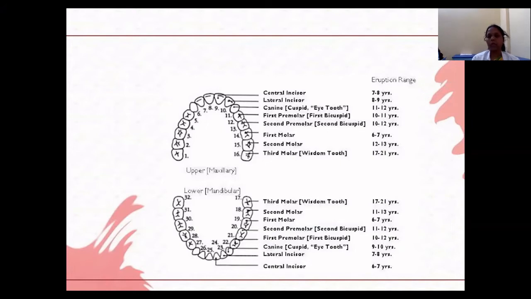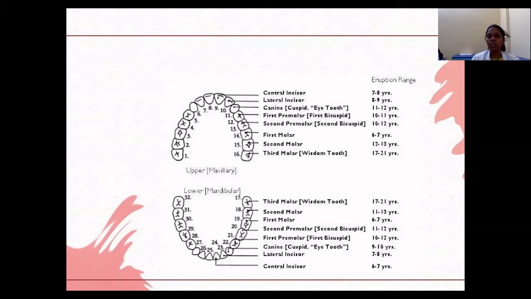The second molar is the one which erupts in the age group of 12 to 13 years, and the last tooth which erupts into the oral cavity is the third molar at the age of 17 to 21 years. So here, if you are seeing in permanent dentition, when compared to primary dentition,